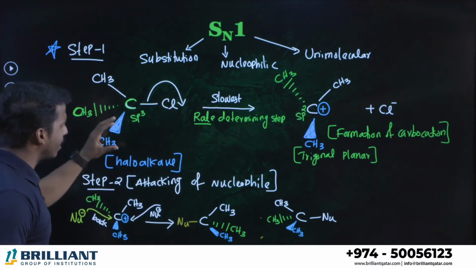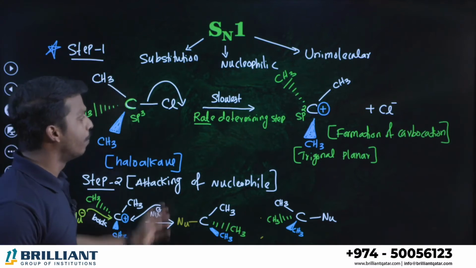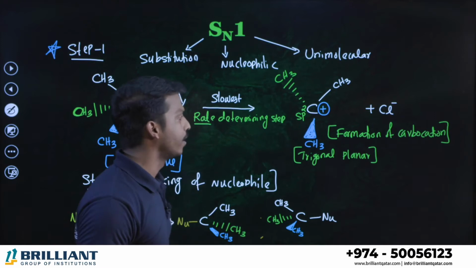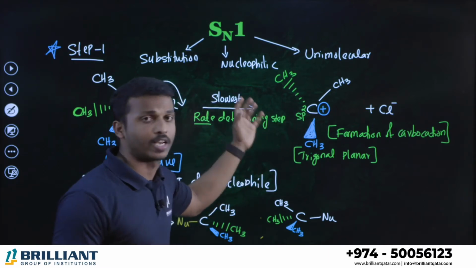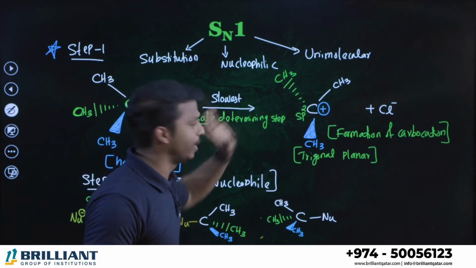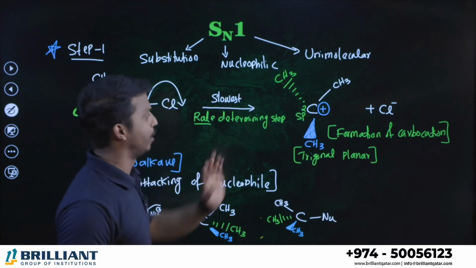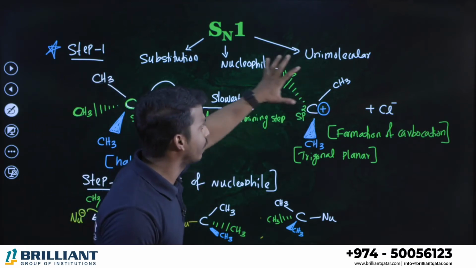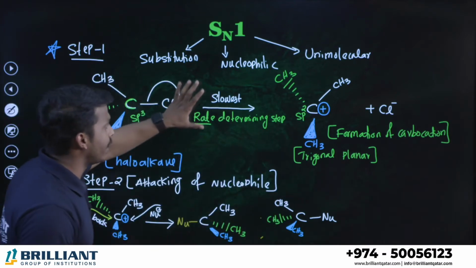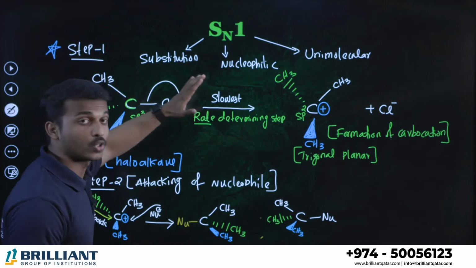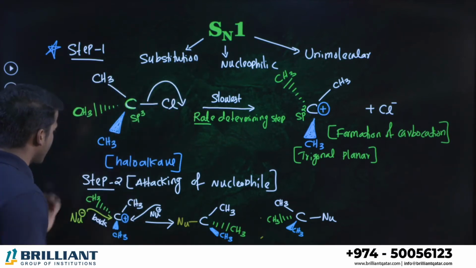The haloalkane is the reactant, in which the carbon is in sp3 hybridization, but on the product side, in step number 1, the stability of the carbocation you can explain through its hybridization, sp2. Here the carbon is in which hybridization? sp2. So sp3 is converted to sp2. What is the geometry of the intermediate carbocation? Trigonal planar geometry. The first step is the slowest step. The slowest step is also known as the rate determining step.